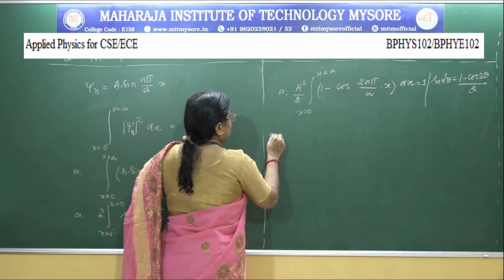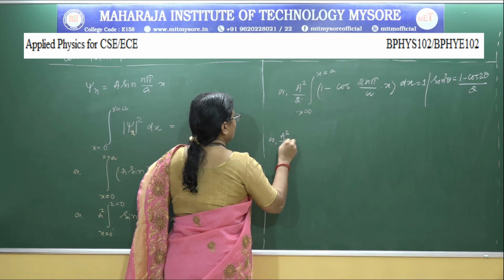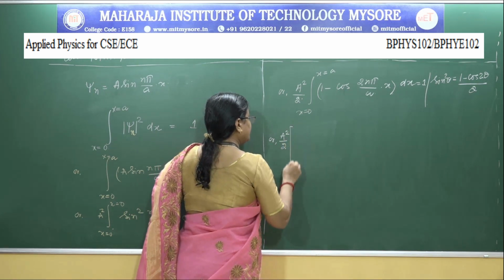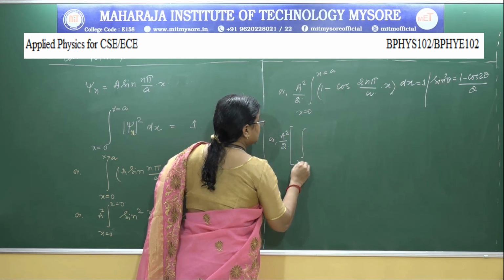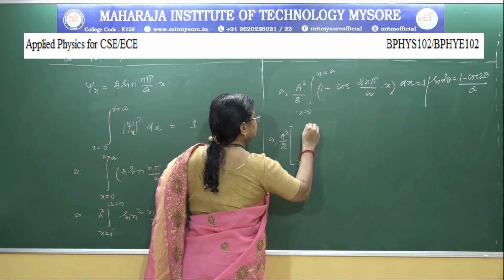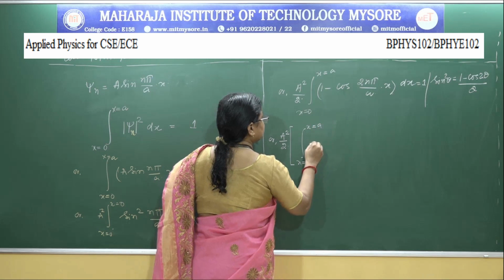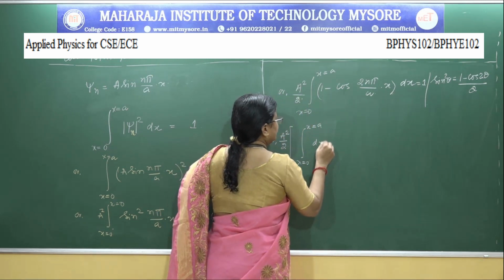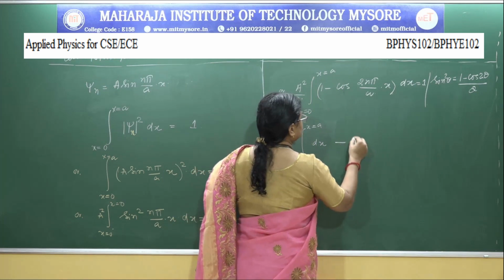Now further we'll integrate it by parts. If you multiply 1 into dx, you will get dx minus